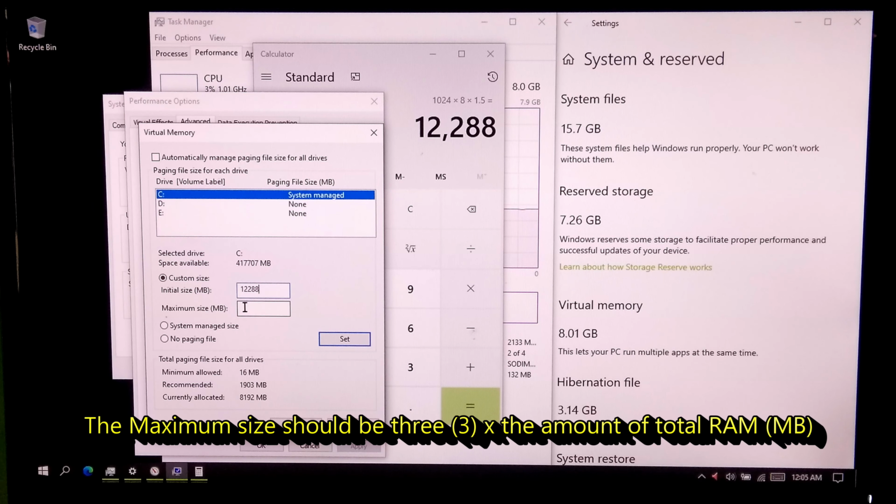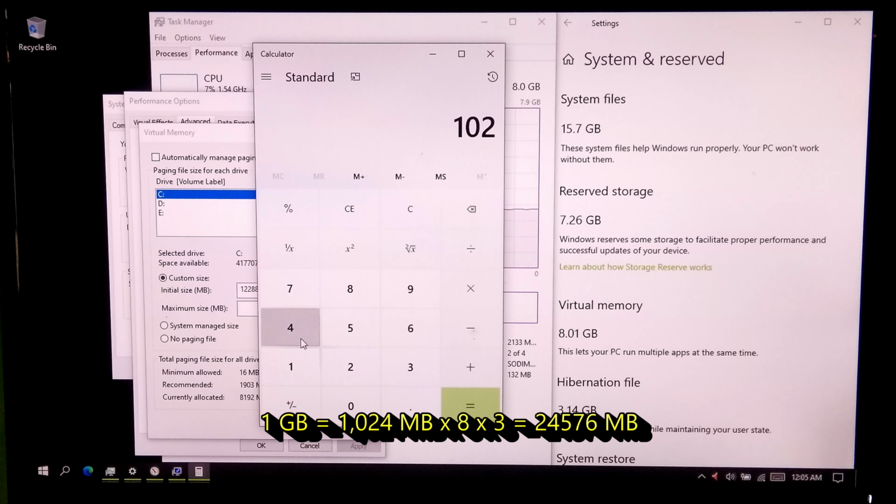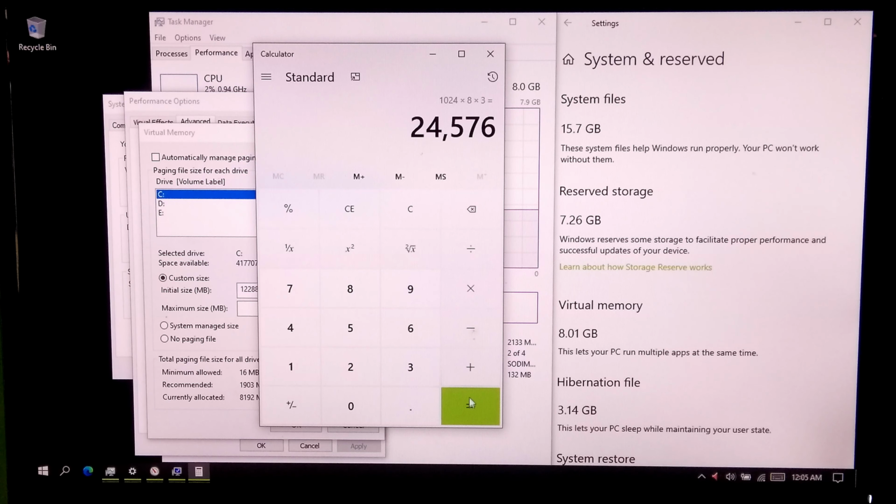And the maximum size should be 3 multiplied by the amount of total RAM. So, if you have 8 GB RAM, then the maximum size should be 24,576 megabytes.